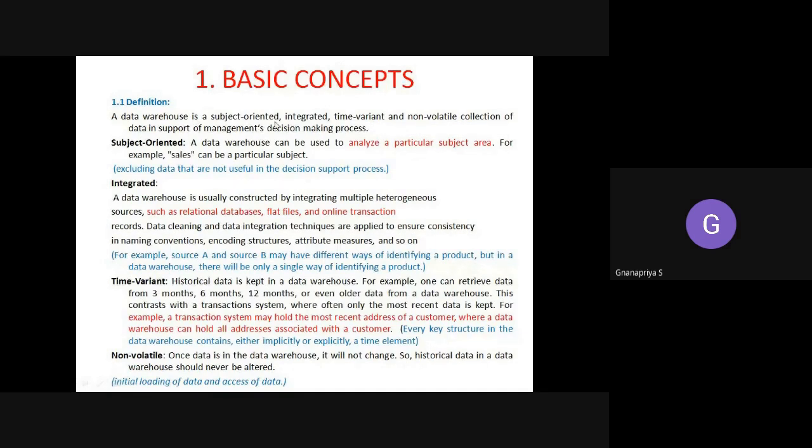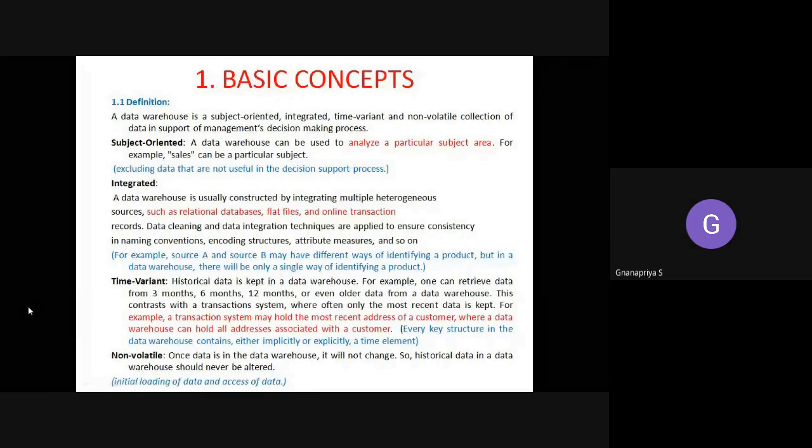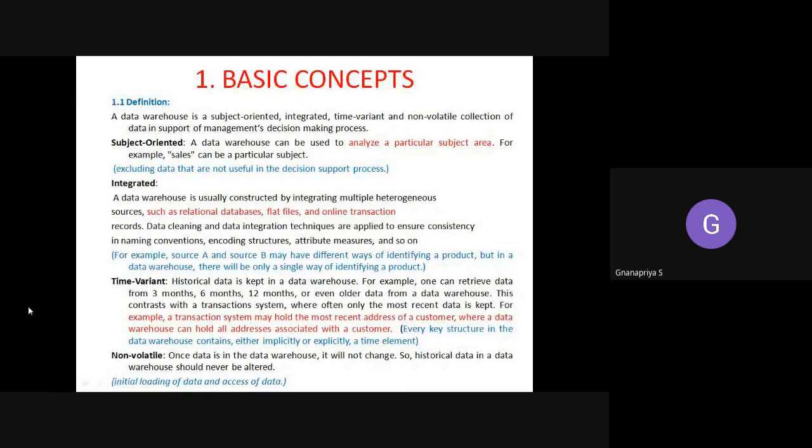And next is integrated. So why we say data warehouse is integrated is it gets data from multiple sources. It can hold data from multiple sources, and we cannot expect all data should be in a table form. So though generally data